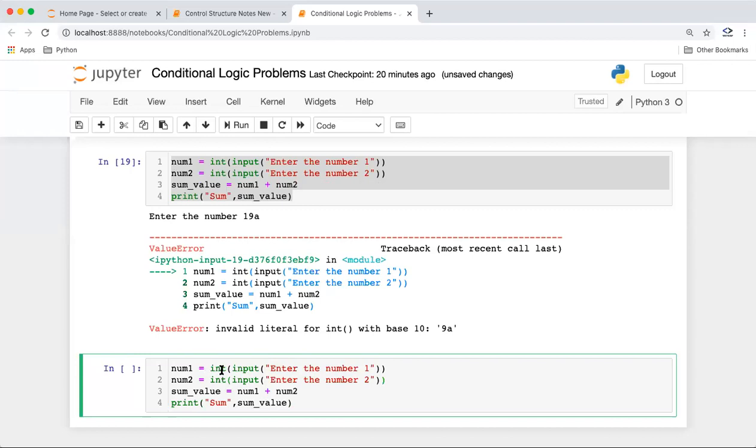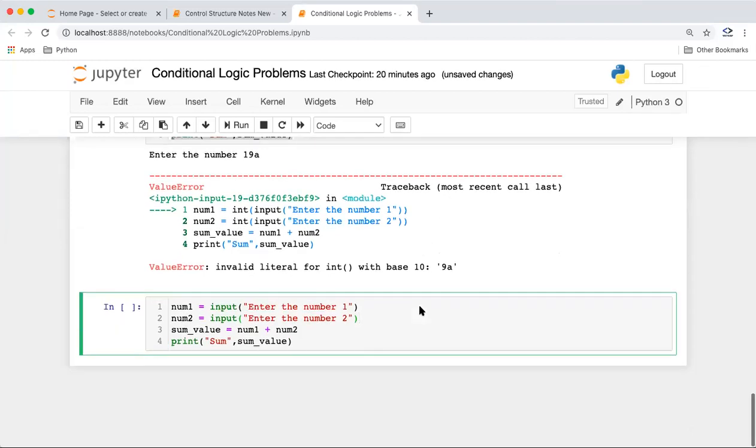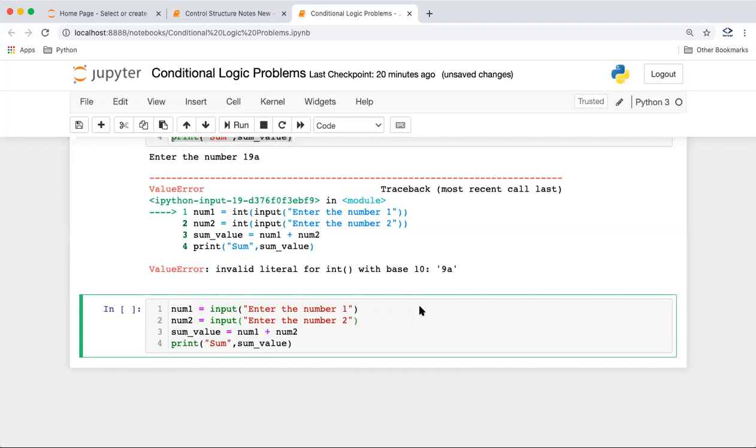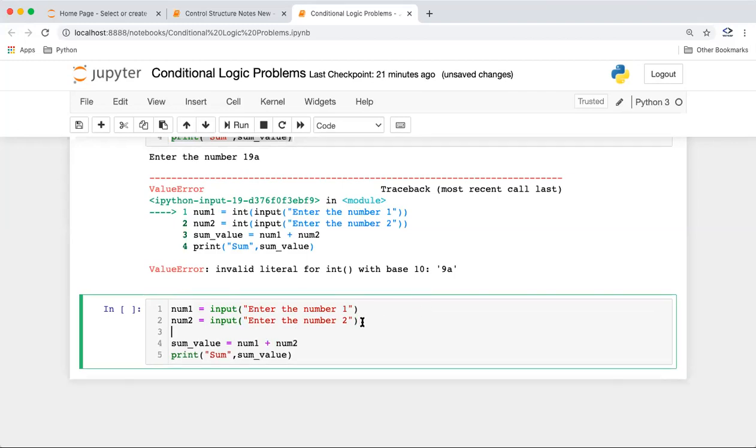So how to check? In this case, in our problem specifically, we should remove this direct conversion because we are not sure if the input will be an integer, or numeric or not, right? So what we'll do here is check: we'll do the sum only if both are valid numbers, or if they are not numbers, we'll just throw an exception.